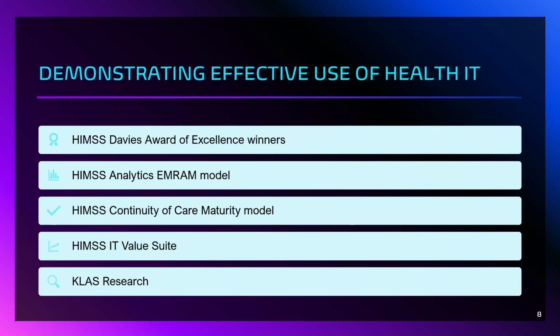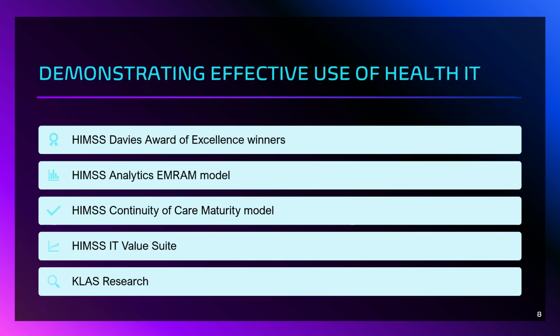Another benchmark you've probably heard of is the HIMSS EMR Adoption Model, or the EMRAM. Since 2005, HIMSS Analytics has tracked how hospitals adopt EMR technologies, expanding to clinics in 2012. The model defines 8 stages from 0 through 7, with stage 7 representing a fully digital environment where paper charts are eliminated. Reaching stage 7 is a major milestone, and HIMSS publishes a list of organizations that make it there. They also share case studies from stage 7 hospitals showing how superior use of IT systems translated into better processes, higher quality care,